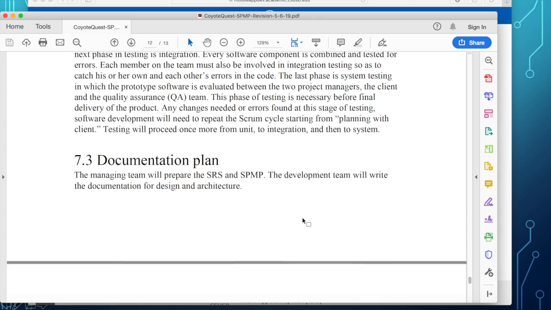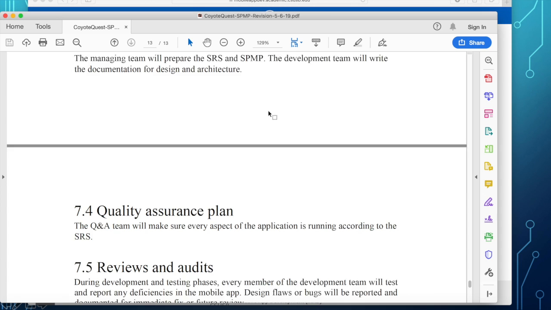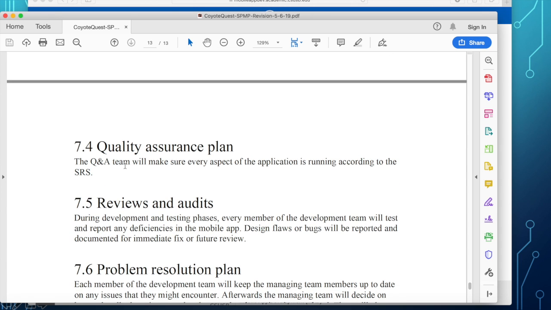Documentation plan, you have many documents. Part of them are the SRS, SPMP, and I want to include the maintenance manual, and the software architecture and design document should be included in the documentation plan. Here, you talk about the QA team. What is their purpose? The purpose of the QA team is to test your iteration.